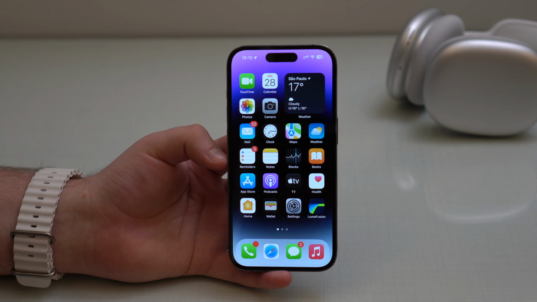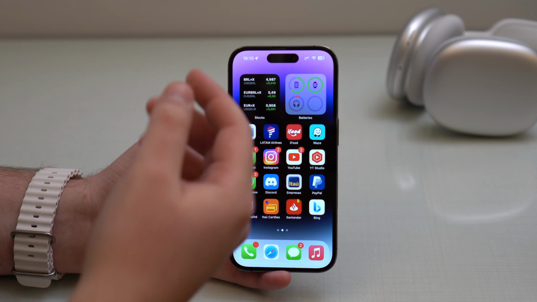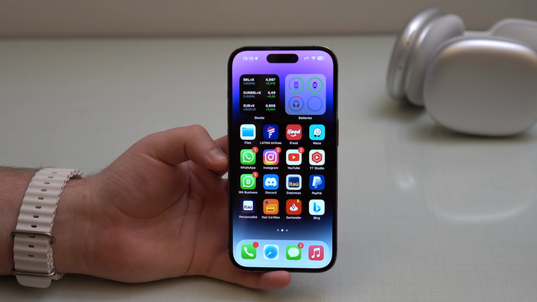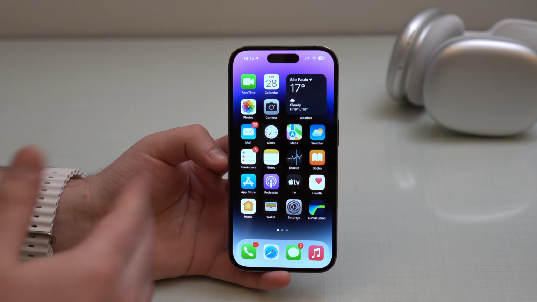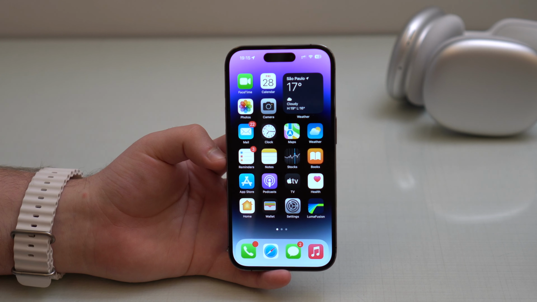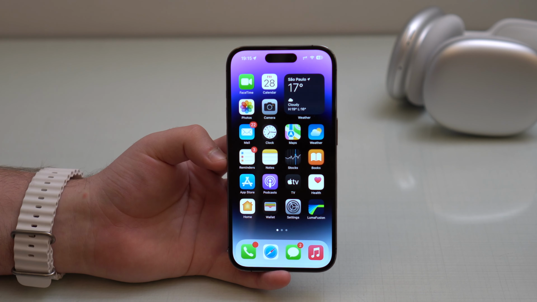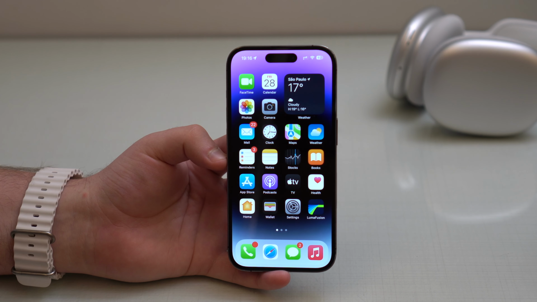So, as you can see, what we're doing here is kind of the same thing. On the app, we closed the app and then checked for updates. And on iOS, we did the same thing. We restarted iOS, so kind of closed the iOS, right? And then we checked for a software update. So if you've done all those 4 steps and you still have the problem, then there's one last step that, depending on how important this app is for you, you could try as your final attempt, which is